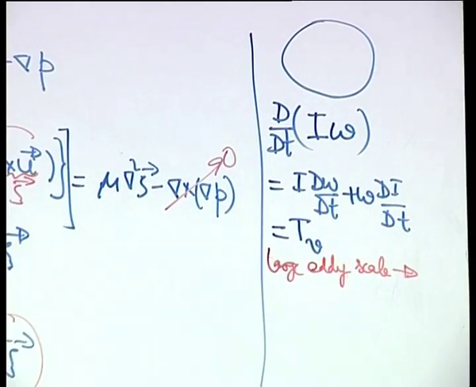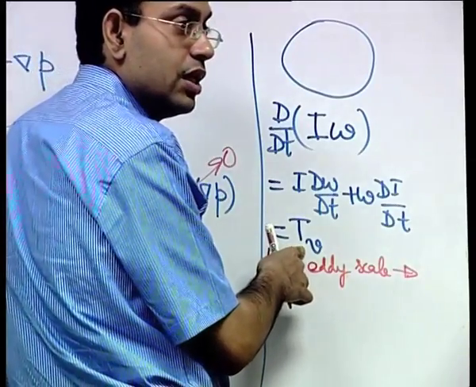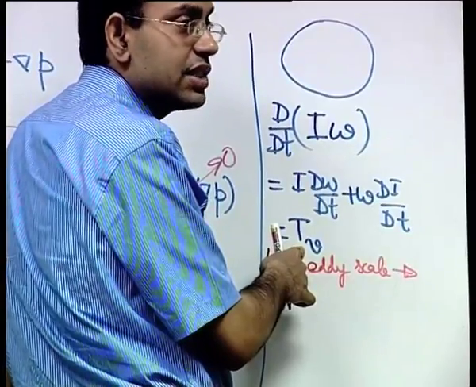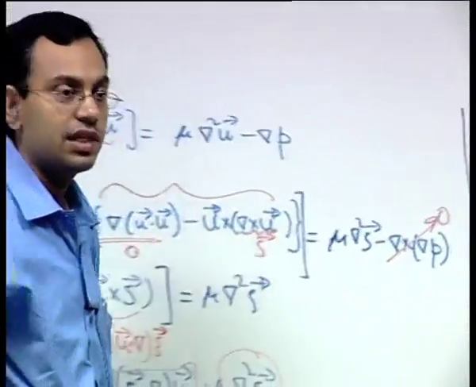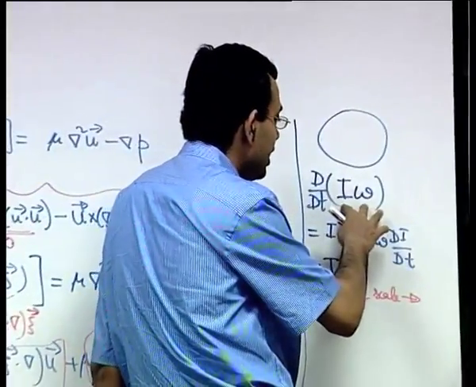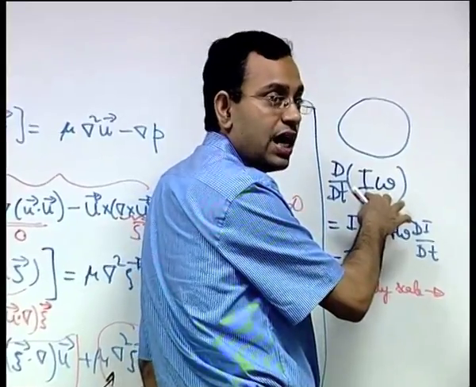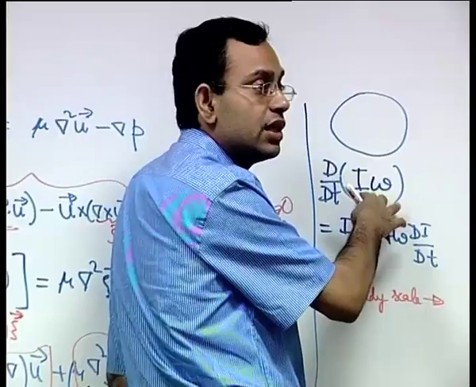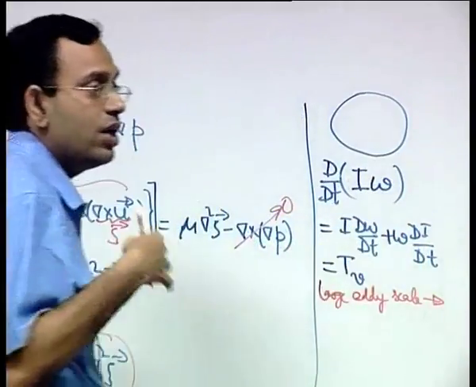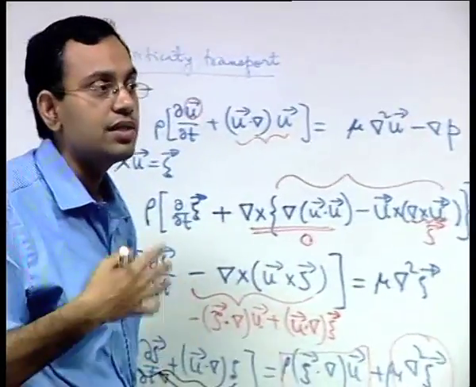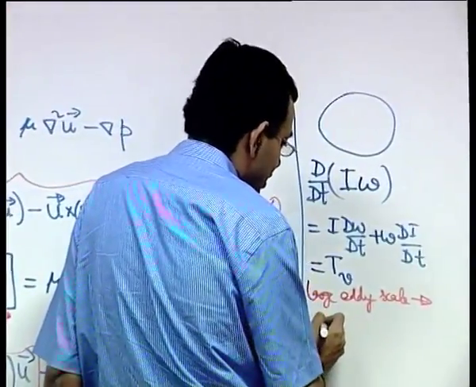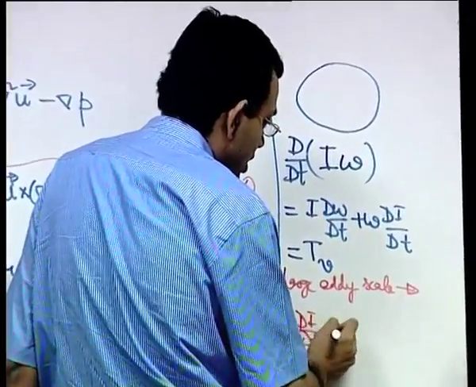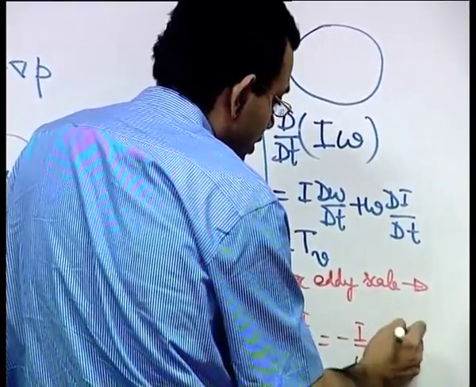what will happen? If you consider a large eddy scale, what happens to the viscous torque? In the large eddy scale, the viscous torque is negligible because inertia force dominates much more over the viscous effects. So for the large eddy scale, capital D dt of I omega is equal to 0, like I omega is conserved or angular momentum is conserved. So this is one of the peculiarities of the large eddy, where the angular momentum is conserved. So then for the large eddy scale, we can write di dt is equal to minus I by omega d omega dt.